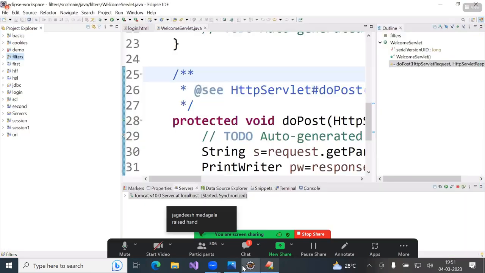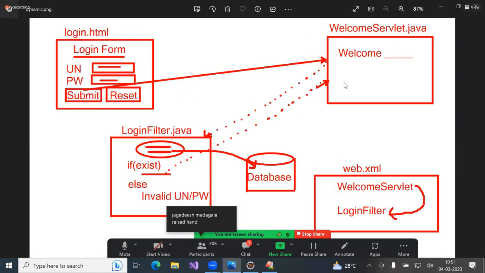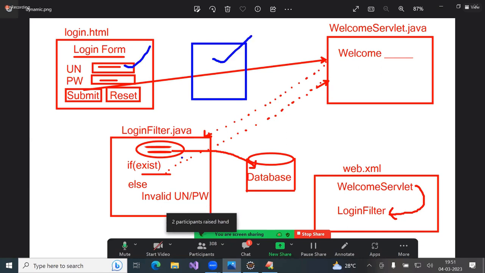Now this HTML, this welcome servlet I have written, that is what it is showing. But before displaying the welcome message, it has to check whether the given username and password exist in the database. Suppose you want to write a servlet in between, then compulsorily this servlet URL pattern you have to write here, and again here. Like that it is possible. But